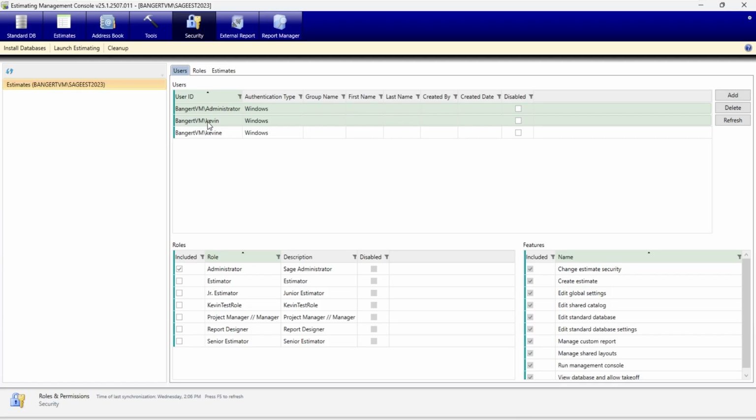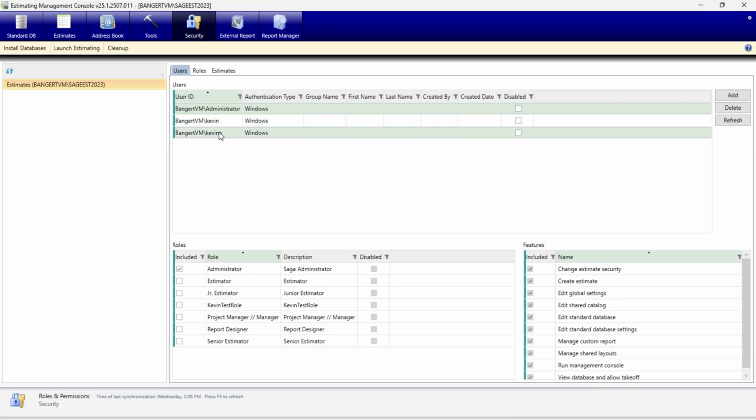Sometimes when people are doing these external reports, maybe I'm doing a Power BI report, that person doesn't have, they're not logging in as one of my key users. I want a different login. So another thing that I've ran into when we start talking about external reports and things of that nature is I want to be able to put in like a SQL login, so that way I can have this login no matter who's logged into the computer and so forth.